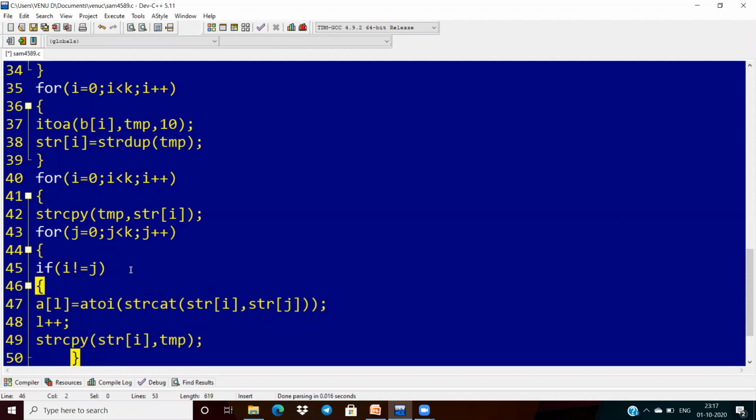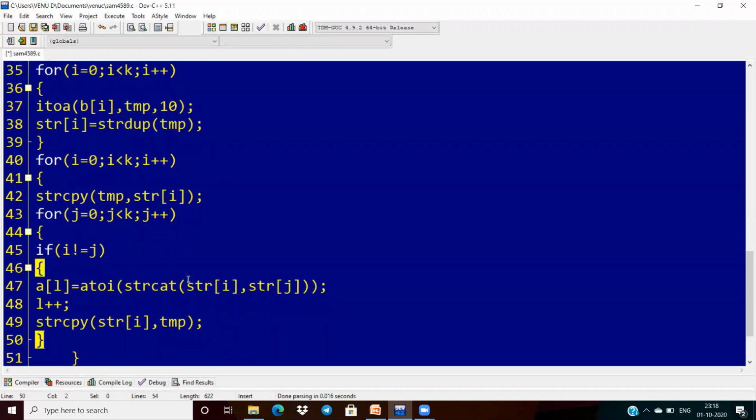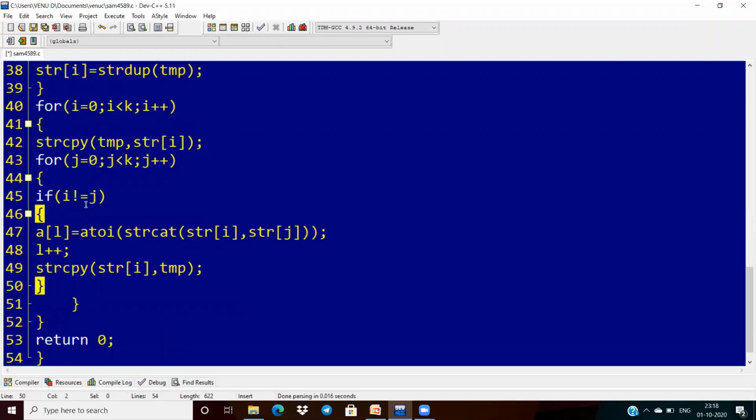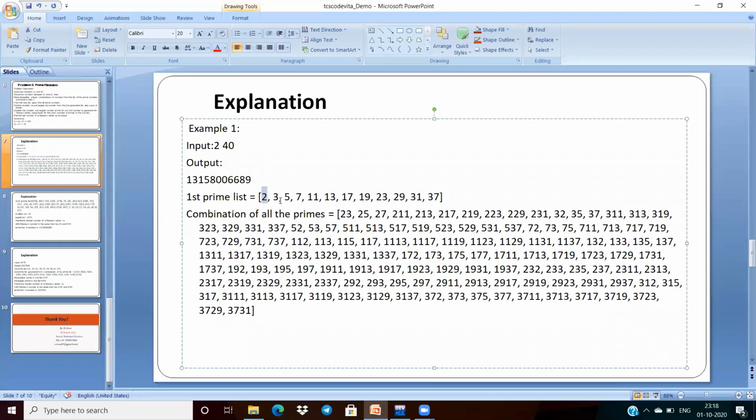So why am I taking this here? If it satisfies this condition only, then I can do these modifications. Otherwise, you may get duplicates like 22, 33, 55, 77, 11, 11.